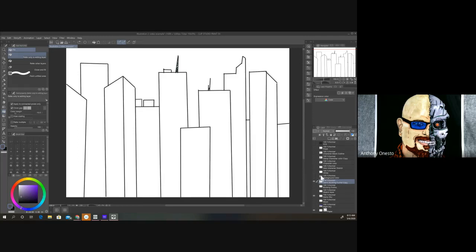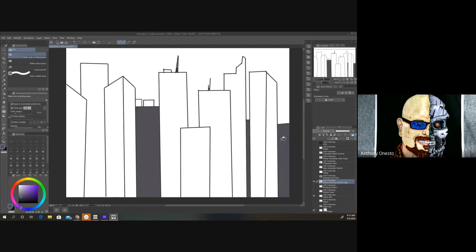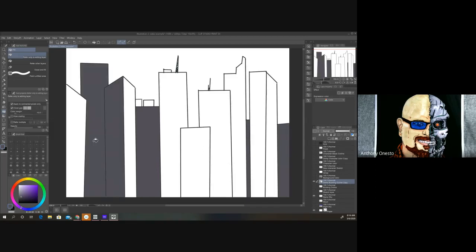When I'm doing these buildings, I want to make sure I'm on the right layer, because as I said in previous videos, sometimes I have trouble finding the right layer and I draw on the wrong one. And as you can see, I'm taking just a very dark gray tone and I'm just dropping it in the back buildings. And oh, look at this. I ended up getting two buildings, and I'm going to go to this edit,